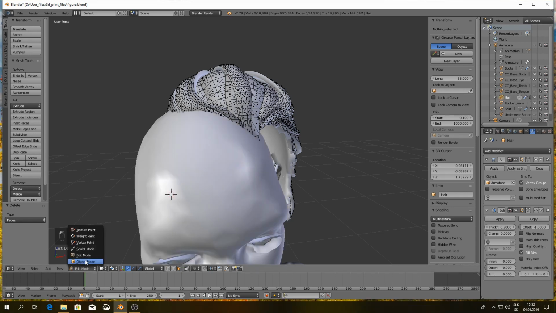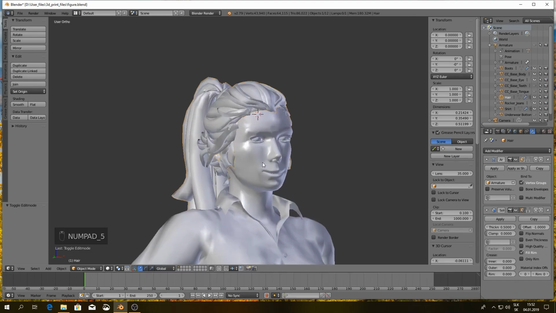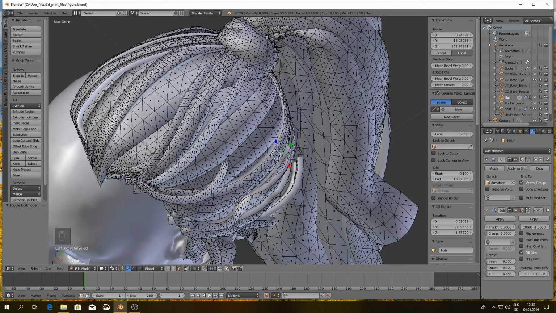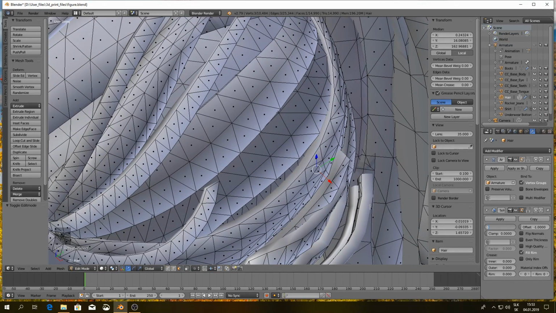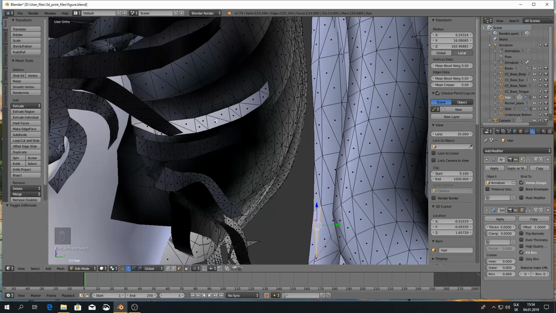You can switch from perspective to orthographic projection to better see the changes. If there are some unwanted parts on the model that could be problematic during 3D printing, we can delete them.